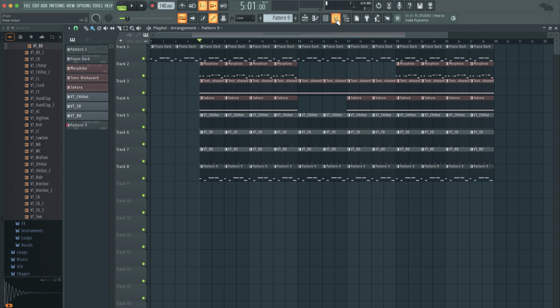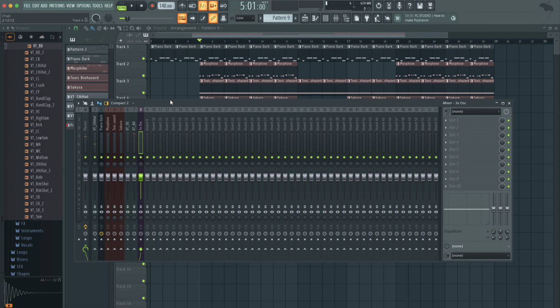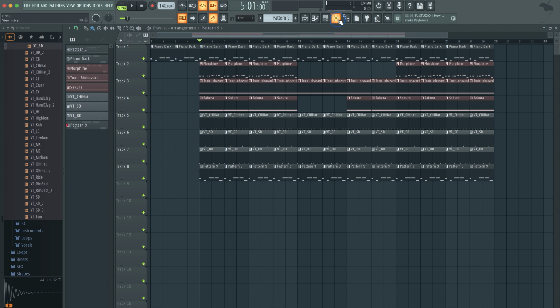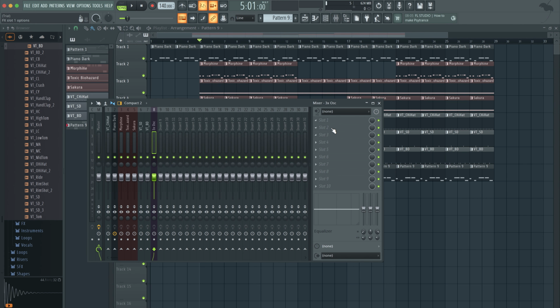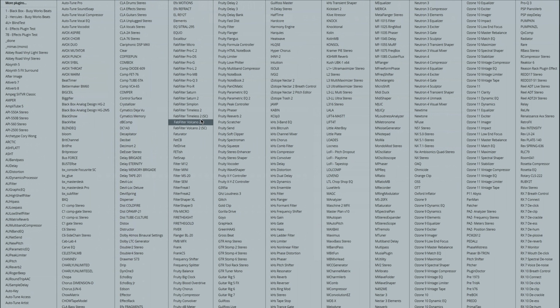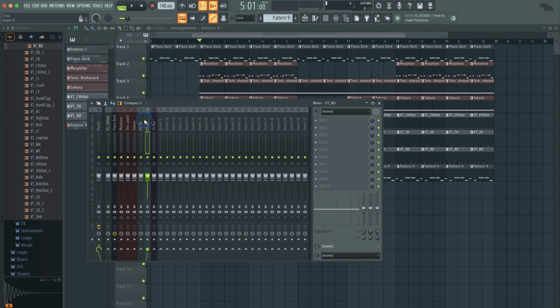Okay, so the last thing we'll touch into is the mixer. Now these are all going to be different videos because it's just too much to explain about everything. If you click the mixer, basically it works from top down. So if you don't see these little things on the right, hit this button right here. It will show these little things called slots or inserts. You click here and you pull up any plugin that you guys want. I'm not going to get into how to mix right now because it's too much to explain. But you click here, pick your plugin, and it loads right up on that specific sound.